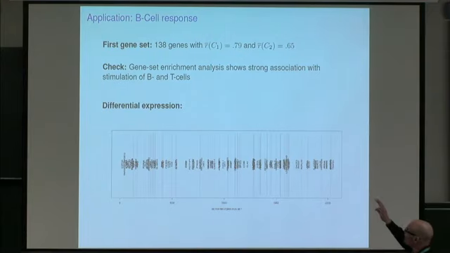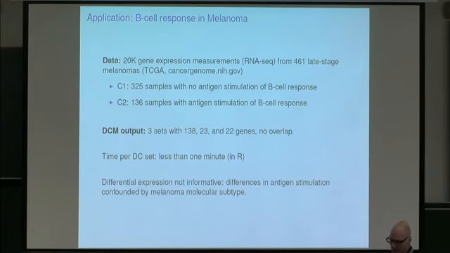They seemed happy. They did some gene set enrichment analysis, right? They said, well, all right, here's 138 genes. What biological processes do these have anything to do with? And they showed enrichment for stimulation of B cells and T cells. To me, that seems like, well, isn't that what you expect? But I think the way they defined the groups, and I sort of oversimplified here.